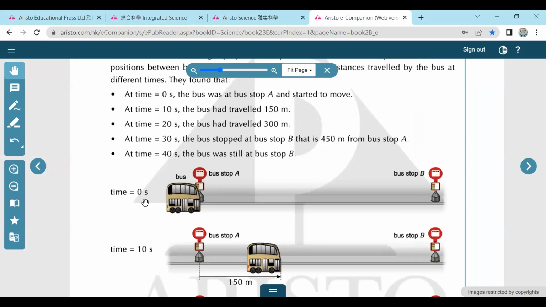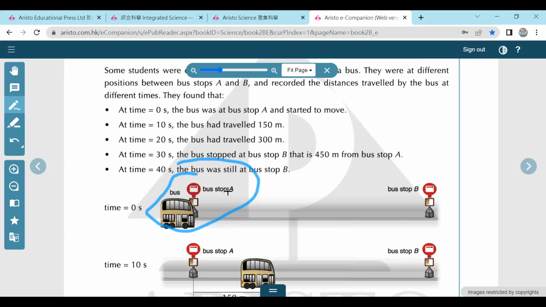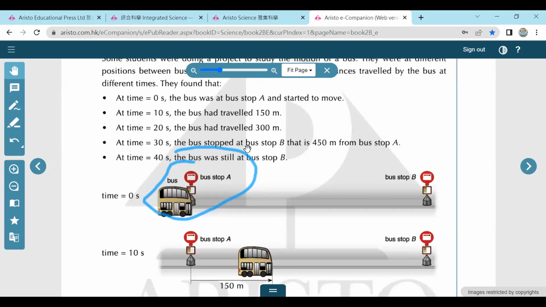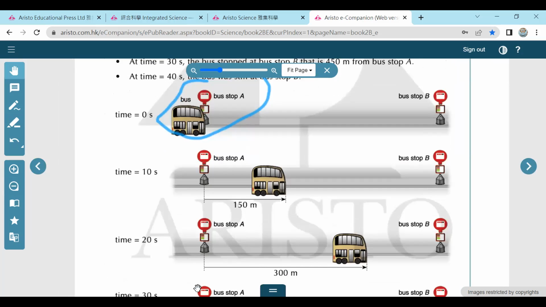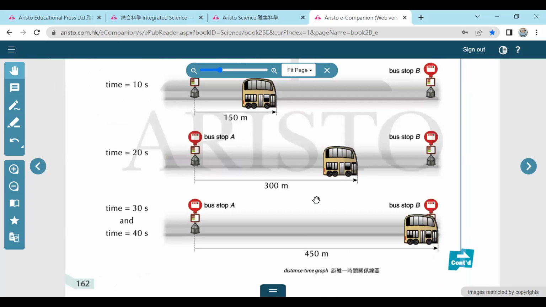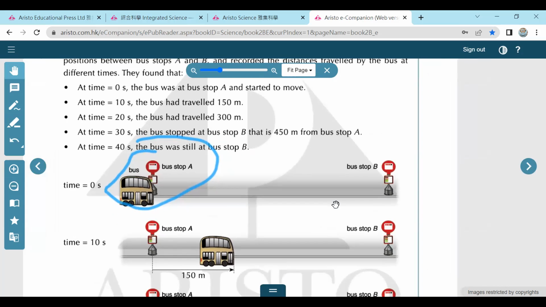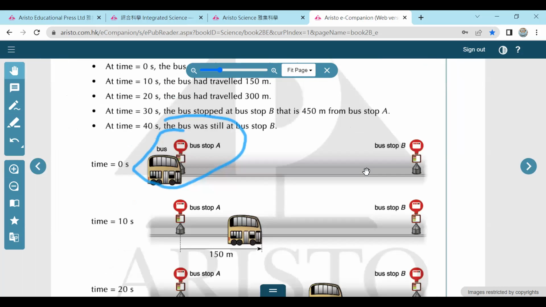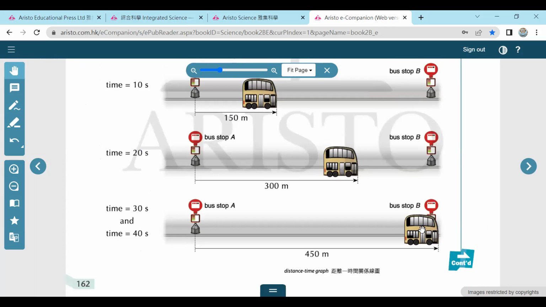They found that at time 0 second, the bus was at bus stop A and started to move. 喺0秒嘅時候嘅巴士咧，仲喺個站 A 嗰度就開始喐啦，行啦。At 10 seconds, the bus has traveled 150 meters, 行咗150米。At 20 seconds, the bus has traveled 300 meters. At 30 seconds, the bus stopped at bus stop B, that is 450 meters from bus stop A. At 40 seconds, the bus was still at bus stop B, 仲喺個站 B 嗰度。